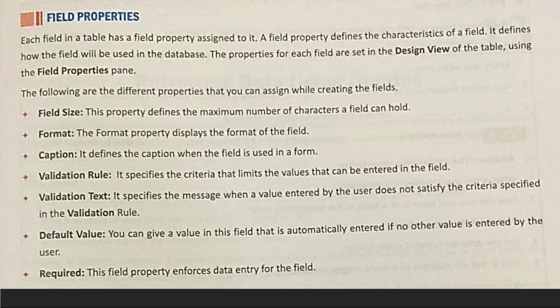All right, now we are coming to the field properties. Each field in a table has a field property which has been assigned to it. A field property defines the characteristics of a field. It defines how the field will be used in the database. That is very important. The properties for each field in the design view of the table you have to set in the properties pane. So in the properties pane, you can select the following